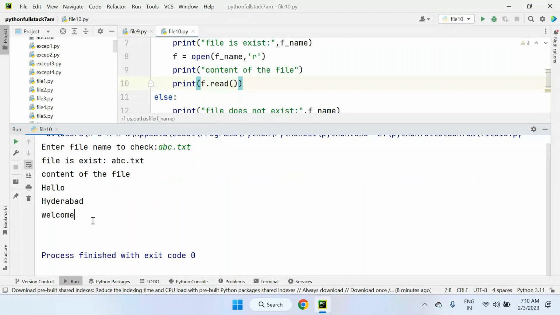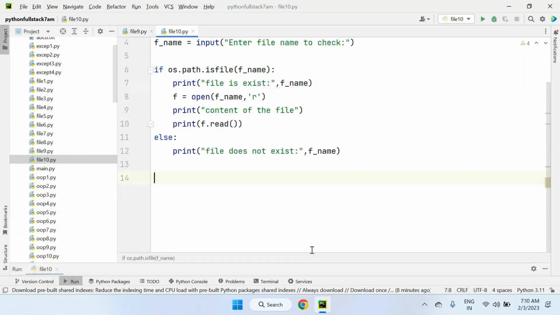But my next approach is, whatever the content is there, in this content, how many lines are present in that file, and also how many words are present in that file, and how many characters are present in that file, I want to check. So how to check the number of lines, words and characters, all these things we'll see now. We need to write the code here only,